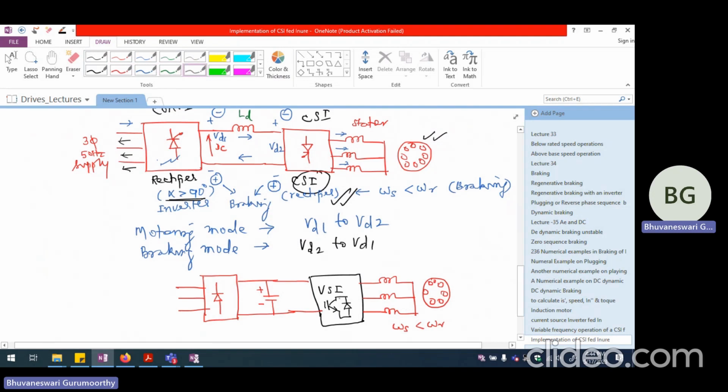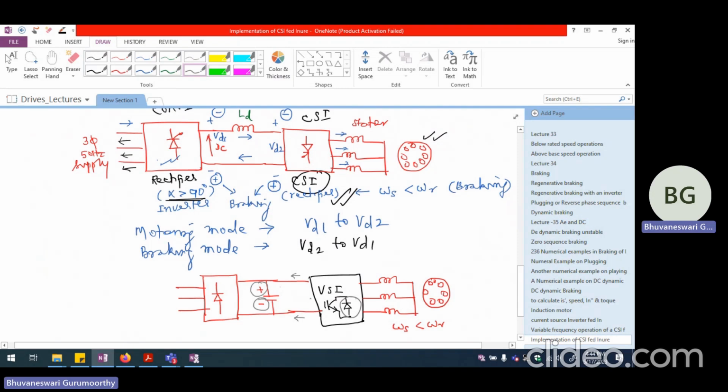These diodes will be able to rectify the AC that is coming out of the machine. That is also not a problem. So we would be able to take it to the other side. But because it's working as a rectifier, we will have plus here and we will have minus here. There is no doubt. The voltage polarity cannot be changed in the case of voltage source inverter fed induction motor